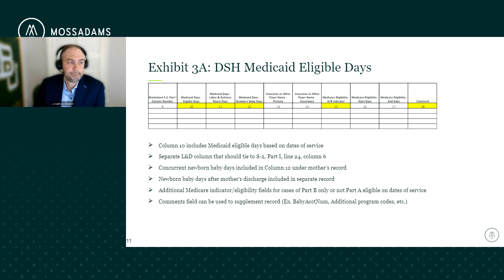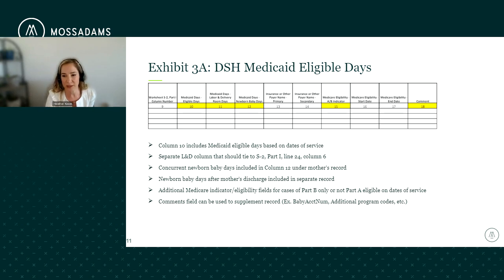And then let's see, I don't see any other questions related to labor and delivery. So we'll move on to the Medicare eligibility AB indicator and the start and end dates. They have started requiring you to provide any Medicare eligibility information. Sometimes, if you're doing your Medicaid eligibility matches with the states, they can return Medicare eligibility information. You can certainly use that as well. You can also research patients in HETs.